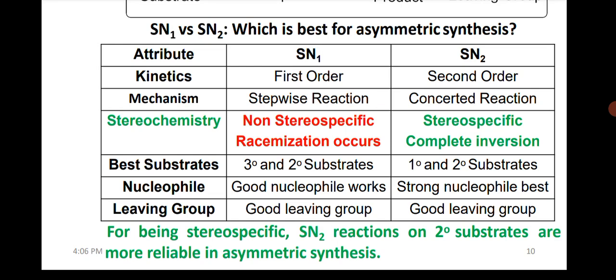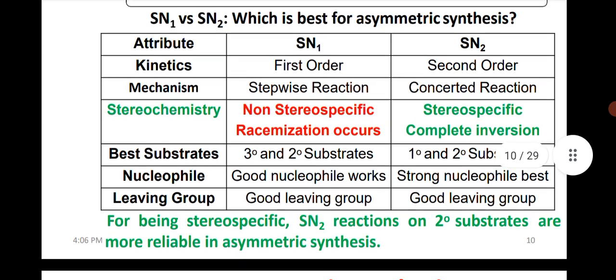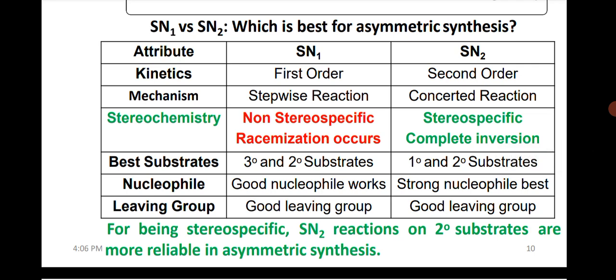Green means it is favorable. The stereochemistry heading is also green, and the SN1 heading is red, and red is alarming, not suitable. In the case of SN2, we again have green, and at the end we concluded that being stereospecific, SN2 reactions on secondary substrates are more reliable